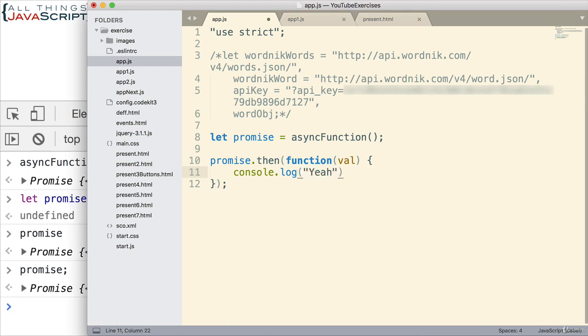We're just going to log to the console at this point. Now, let's make sure that we concatenate that value so we can see what it is. Okay, so I'm putting the text yay in there, and then we'll also get whatever the value is returned by the promise. So let's go ahead and save that,